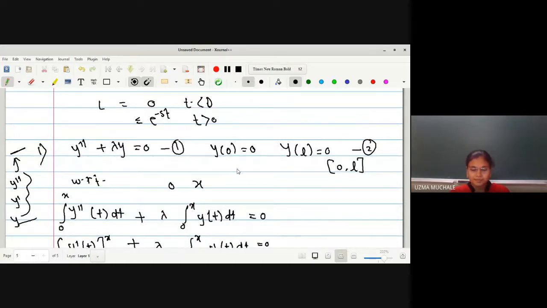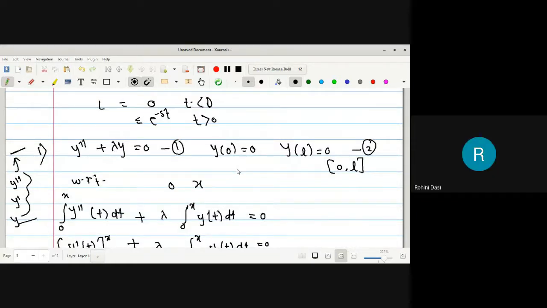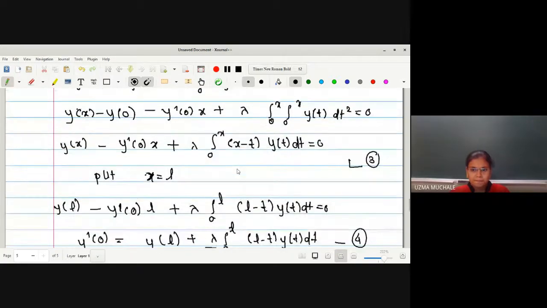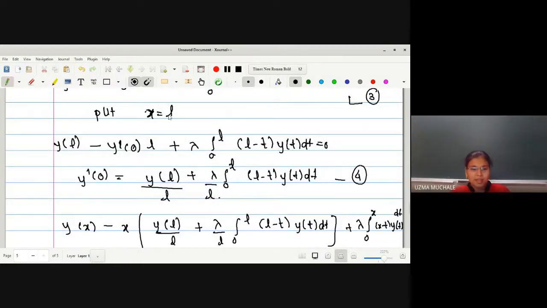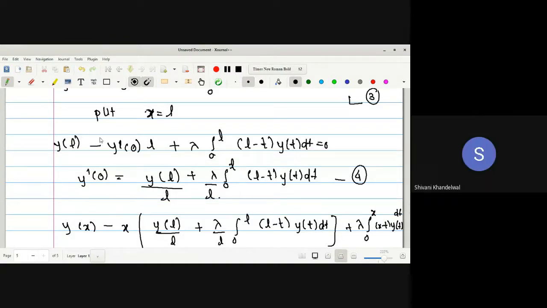लिहिलेत का नाही? Yes, ma'am. हेलो मैम. Yes, हाँ. ma'am. मैम फोर्थ इक्वेशन एक बार फिर से दिखाओ ना. मैम हाउ डिड वी गेट डिवाइडेड बाय एल? एक्चुअली y डैश ऑफ 0 इंटू एल है ना, और हम इक्वेशन क्या लिख रहे हैं, y डैश ऑफ 0 इज इक्वल टू ना. तो ये l को हमने सिर्फ डिवाइडेड बाय l किया है, ये इक्वेशन को ही लिखना है ना. ये इक्वेशन जो है आपका, उसको y डैश ऑफ 0 इक्वल टू इस फॉर्म में लिखना है. क्योंकि x इक्वल टू एल क्यों सब्स्टिट्यूट कर रहे हैं हम लोग, क्योंकि हमको y डैश ऑफ 0 का वैल्यू निकालना है. करेक्ट? यस मैम.